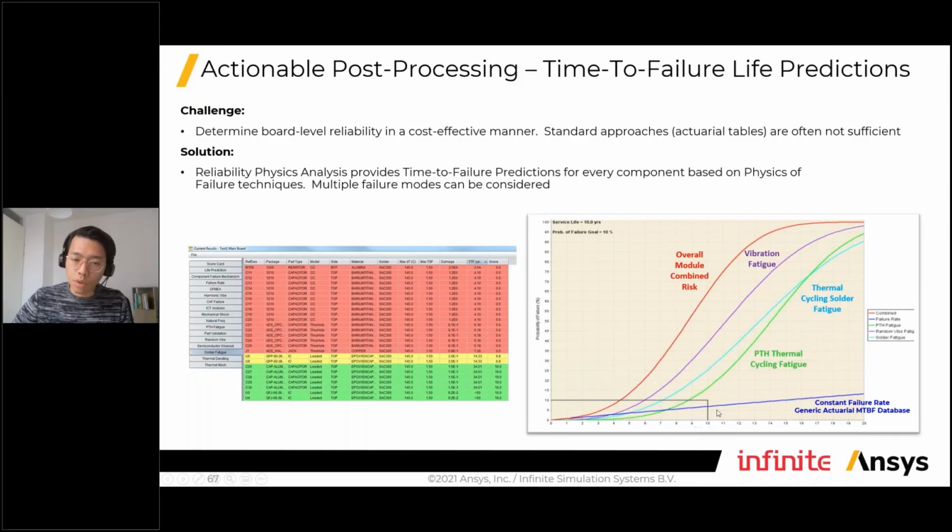However, we don't want to build super reliable electronics, because that's actually over design and makes our design very costly. So what we want to do is to build just enough so that we can bring down the cost and make it more profitable, while in the meantime making sure we have the lowest cost of warranty over the entire product lifetime.